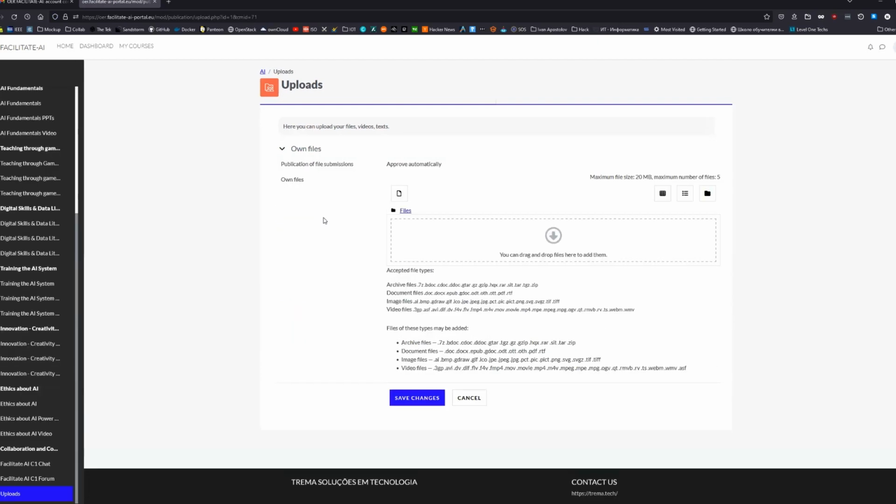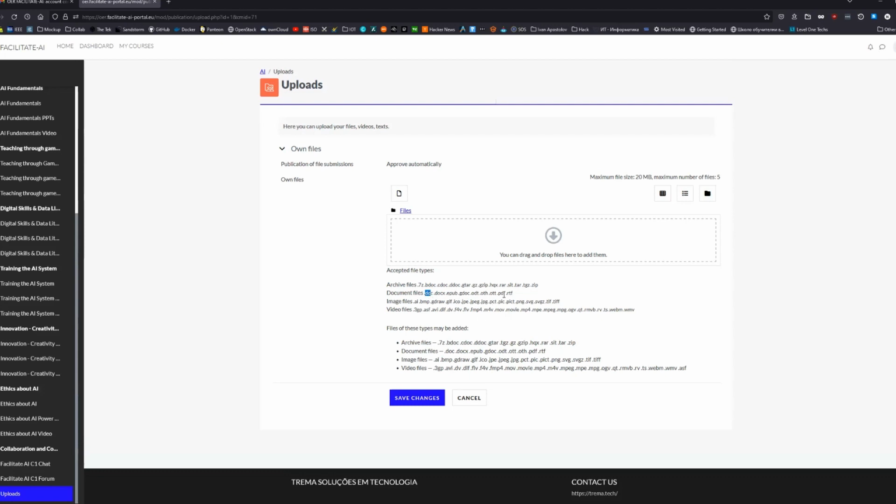We are greeted with a menu where we can see all the accepted file types. We can upload some archives, 7-zip, WinRAR, zip. We can upload some document files like doc, EPUB,